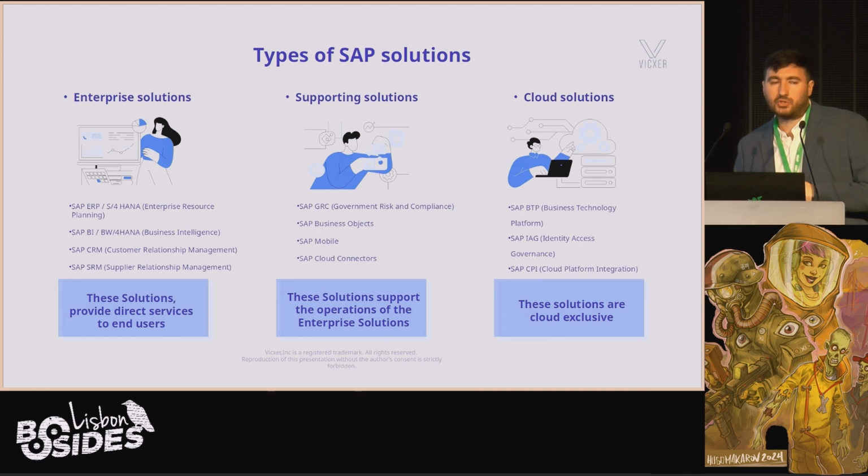Then we have supporting solutions. This one's super simple. The main goal of the supporting solutions is to provide support to the enterprise solutions. Here, what you're normally going to be seeing are technical users to log in. You won't see the vast majority of the company logging into this. For example, you have the GRC. I'm pretty sure most of you know what governance, risk and compliance is right now. To give you an example, to make sure that if a user can create a purchase order, that user should not be able to approve that purchase order, for obvious reasons, right? Fraud. We have mobile, Cloud Connector, etc.